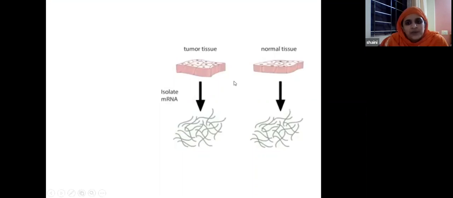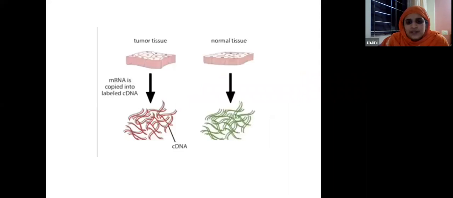Now, this can be used to identify gene expression also. For example, here we have a normal tissue, and we are going to extract from it. Here you have a tumor tissue, and we are going to learn gene expression. To learn gene expression, you can't test for DNA; we generally test for the mRNAs. So the mRNA is isolated, and then the tumor tissue is labeled with a red fluorescent dye, whereas the normal tissue is labeled with a green fluorescent dye, or fluorescent probes.